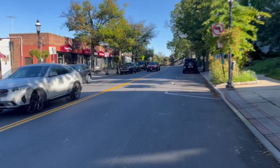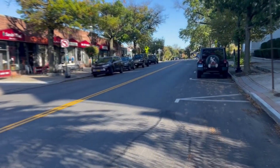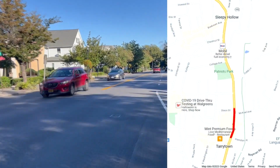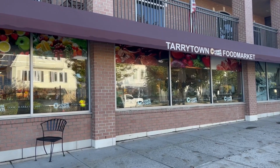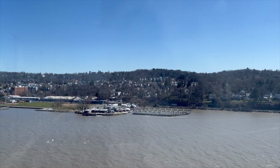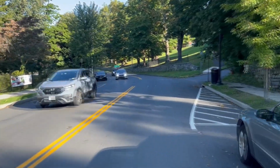This definitely isn't rural anymore, as there are storefronts on the left and right. So nowadays, US 9, also known as Broadway, makes traveling north and south quite easy. Yeah, the commercial parts ended at that light over there near the library and on the right, Seatown. Downstate New Yorkers will know that brand. And we're technically still in the village of Tarrytown, but even the legend describes this as a small port and market town. And then everything turns green, as on the right you have the middle school and high school campus,